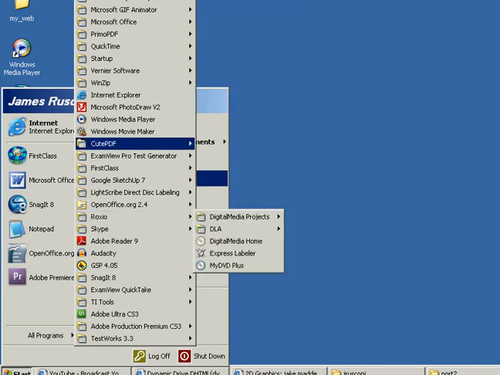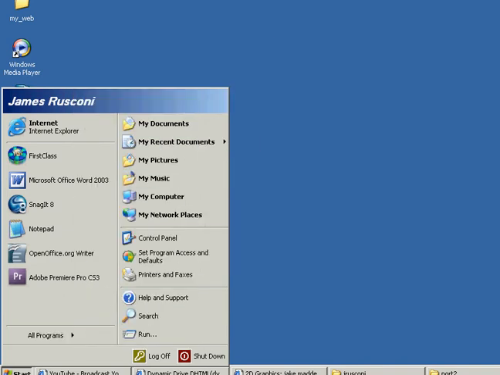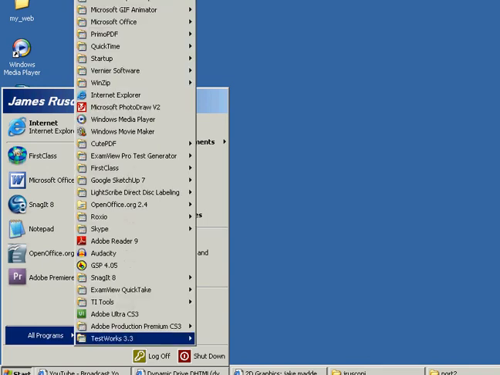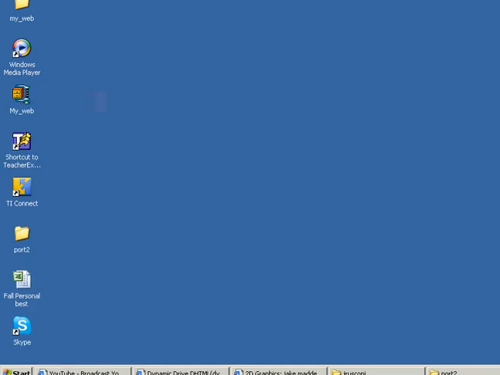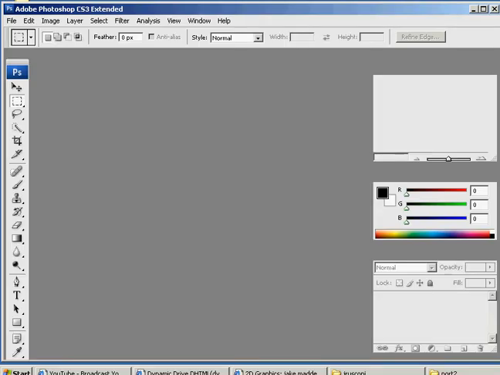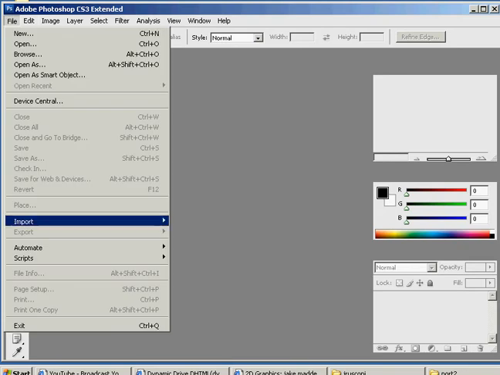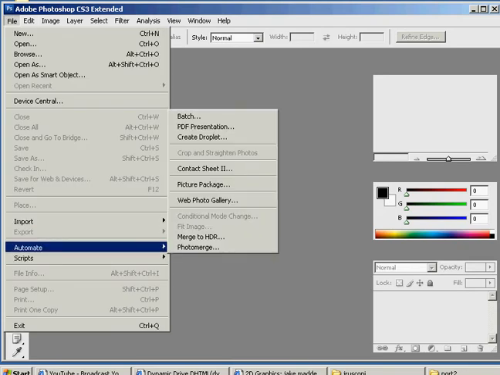We're going to open up Photoshop, and we're going to do a batch web page. Okay, Photoshop, boom, and we're going to create a batch web page. So I've opened up Photoshop, and what I'm going to do is go down File, Automate,